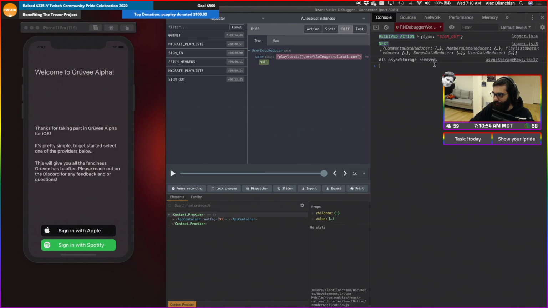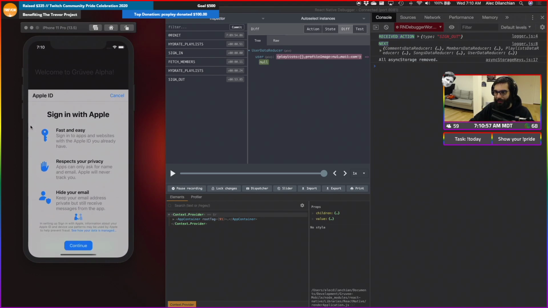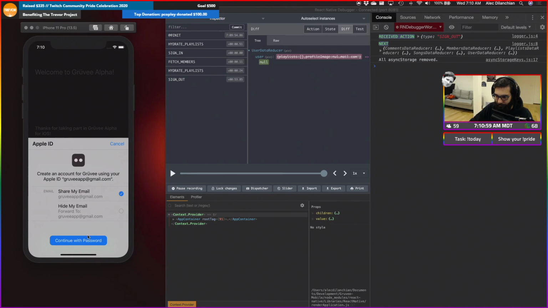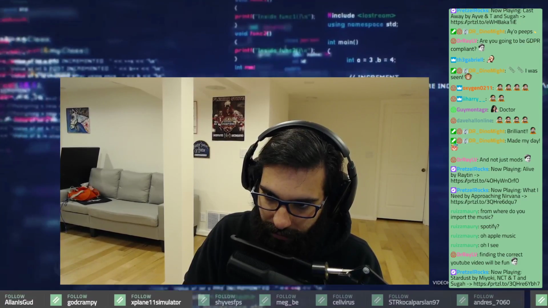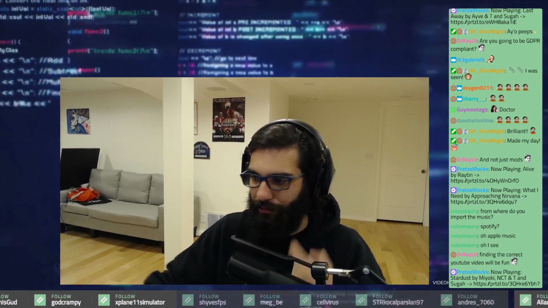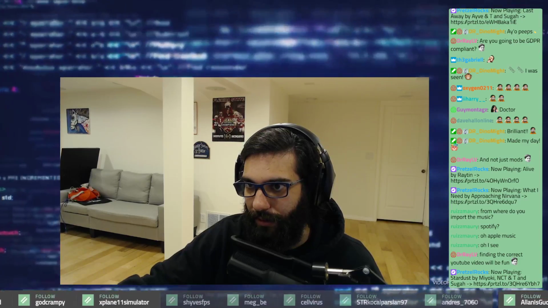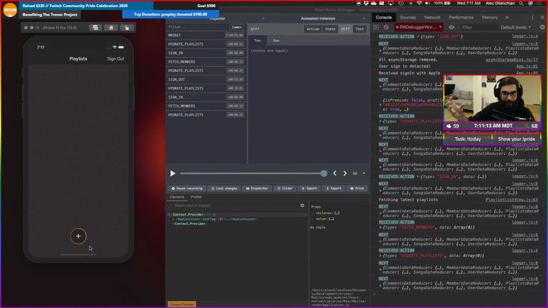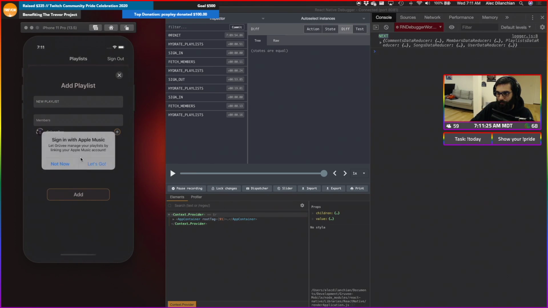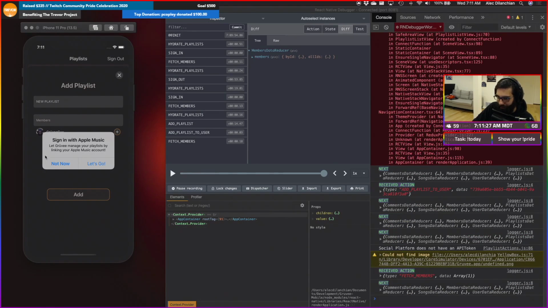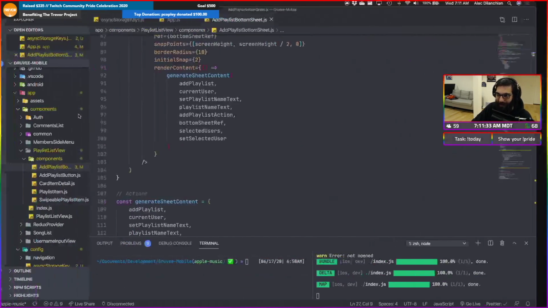Okay, cool. So you see all async storage removed right there. So we go sign in with Apple, continue. Let's go over here. I'm going to go secret. Type in the password. Cool. You'll see that it found our user. It brought it back down. We're good to go. And now let's go to create a playlist. And it should have our pop-up. There it is. Awesome. So see right here, sign in with Apple Music. Let Groovy manage your playlist by linking your Apple Music account. So that means that our state was cleared.